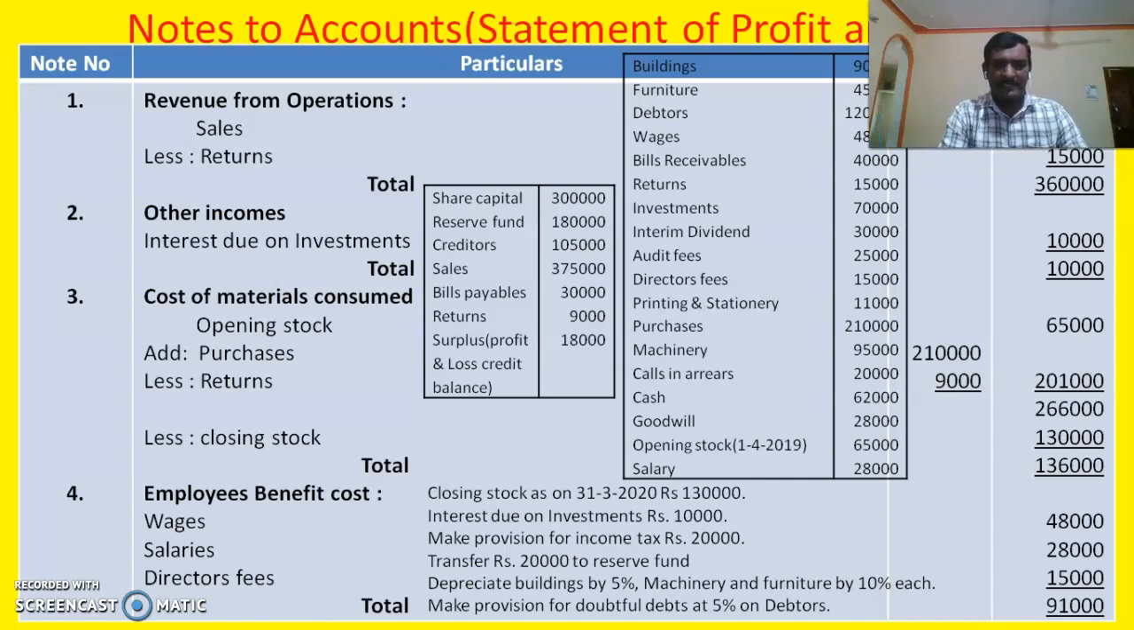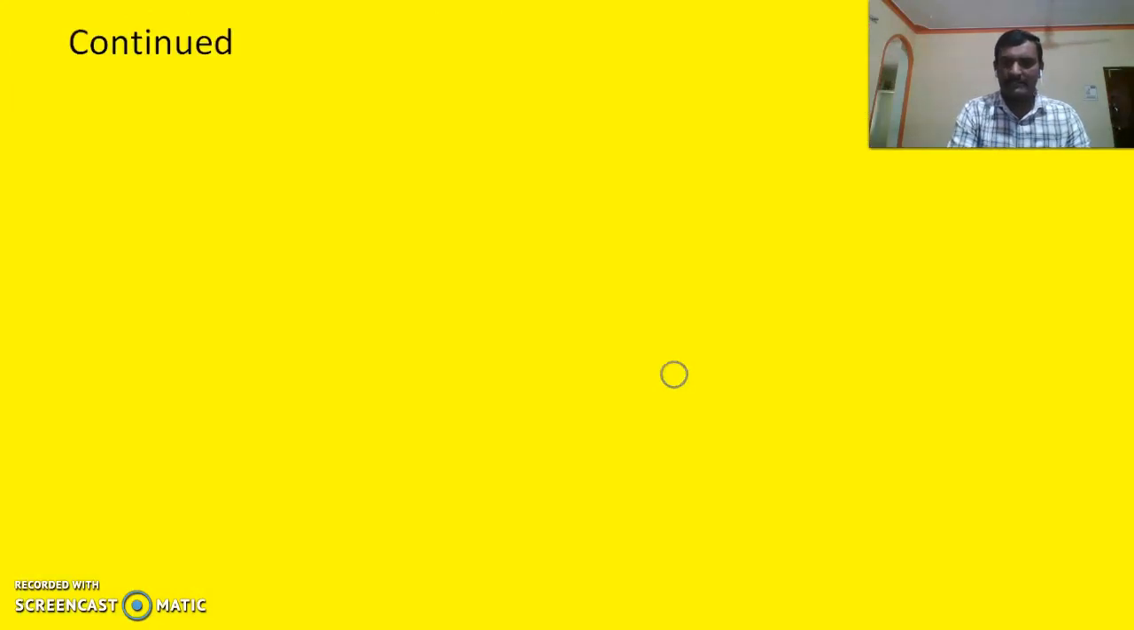So as far as this item is concerned, they are given 3 important items in the trial balance. One is wages, the second one is director's fees, and one more item is given, that is salary. These 3 items are to be taken here, and only 3 items are there. There is no additional information referring to this employees benefit cost. And now we can move towards the next item, that is